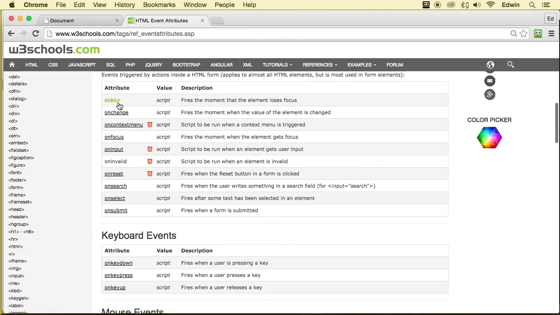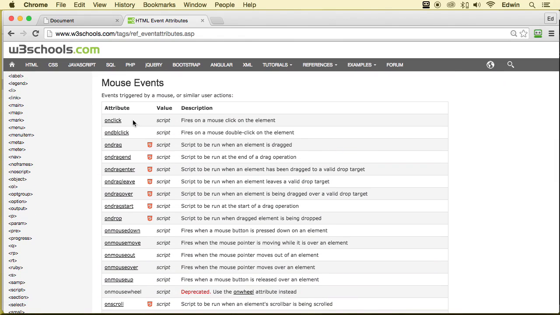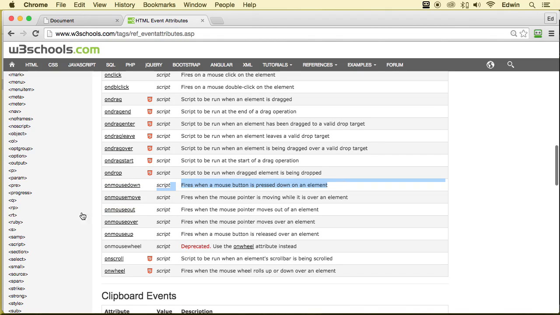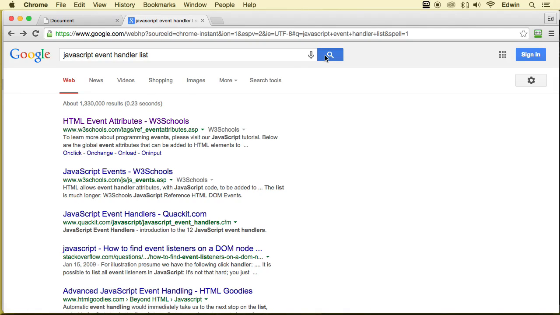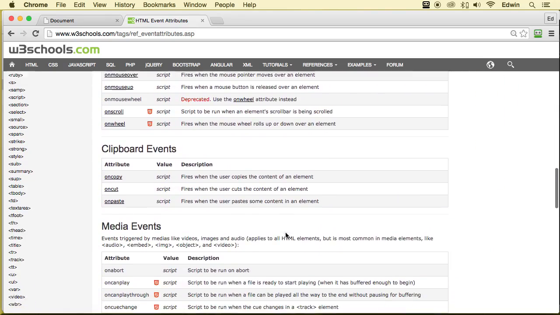As you can see here, we have some events, mouse events right here. This is where I wanted to get. As you can see, they have the onclick event, the one that we are using right now. But there are many events here. For example, onmousedown: we put our mouse down, we create a function. We can fire a function on a mouse event, when we release the click, or when we put our mouse over. I'm going to show you one or two of these, but you're welcome to come here. Again, I just typed this in Google, went to this link, and you can see all the events that you can use in your functions. Very useful